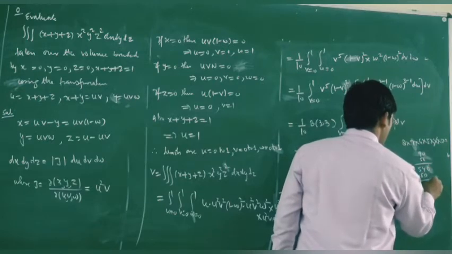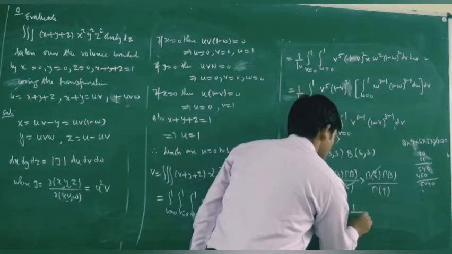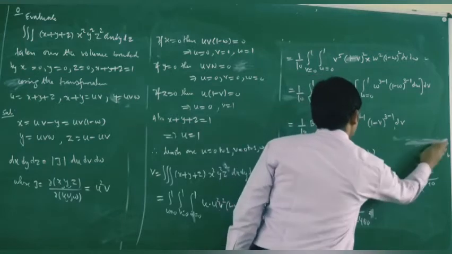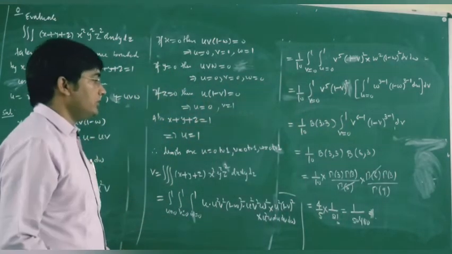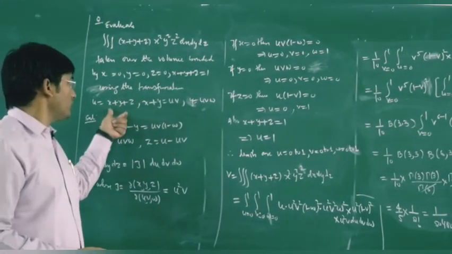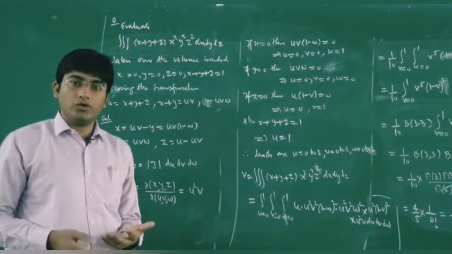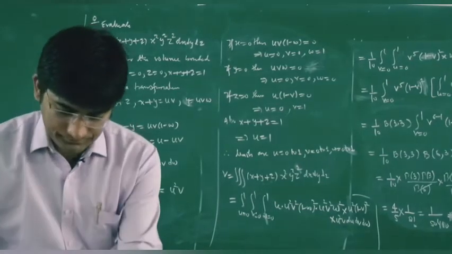So this is equal to 4. So this is equal to 1 upon 50400. So this is your answer. So this is the value of this triple integral using the transformation u equal to x plus y plus z, x plus y equal to uv, and y equal to uvw. Now our next question is